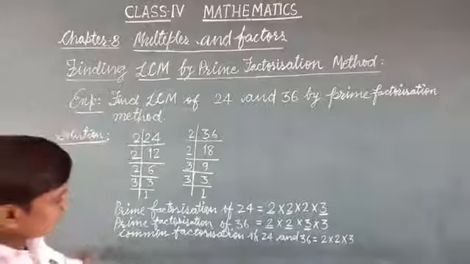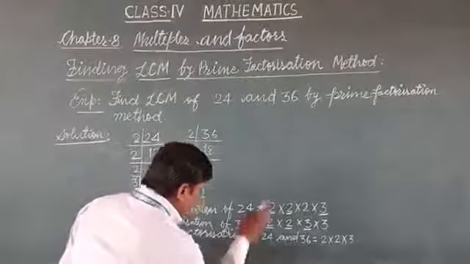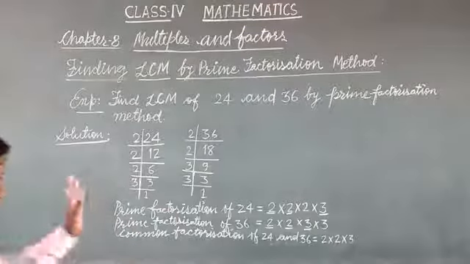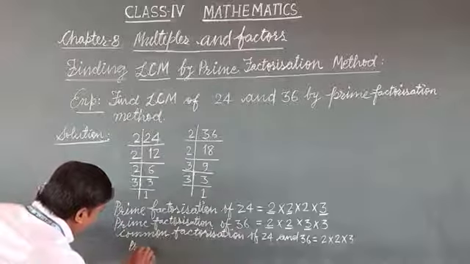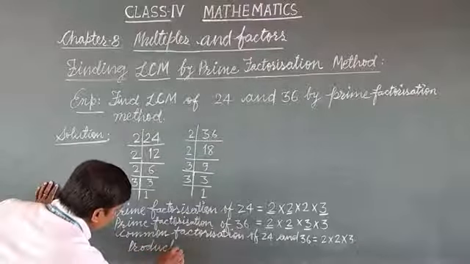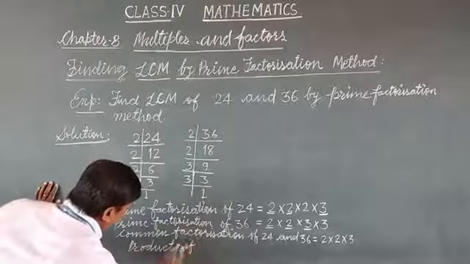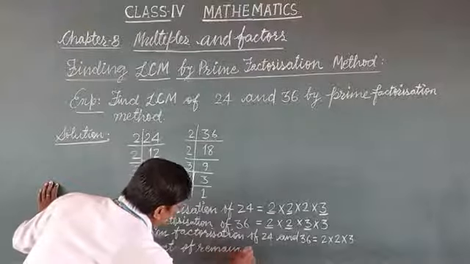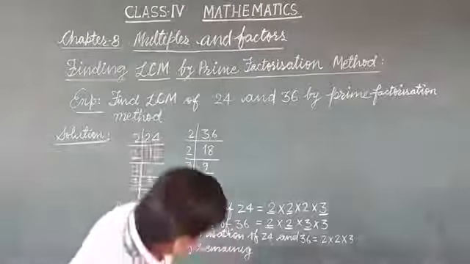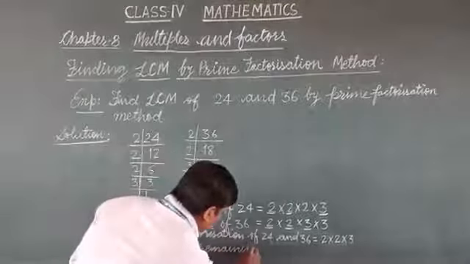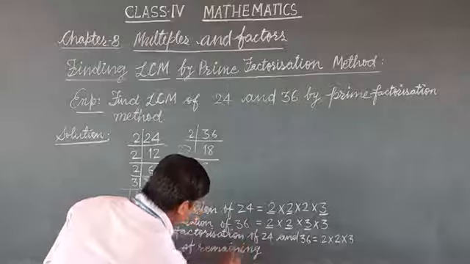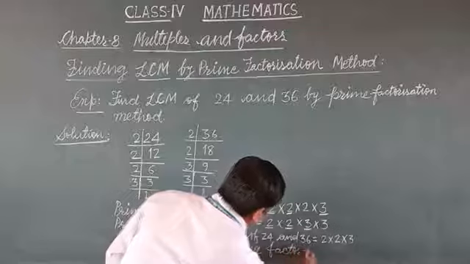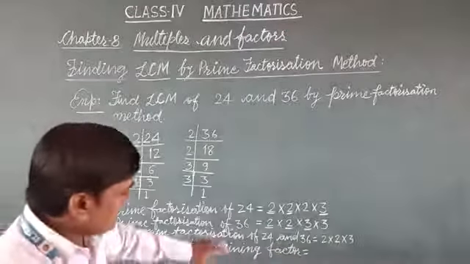First the product of this one, and now the product of remaining factors, which is equal to, now you see